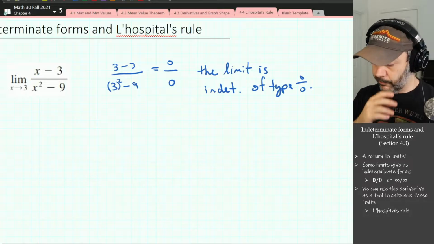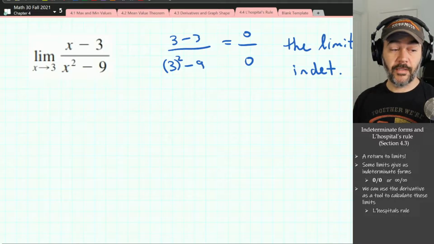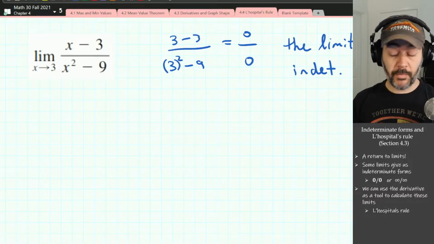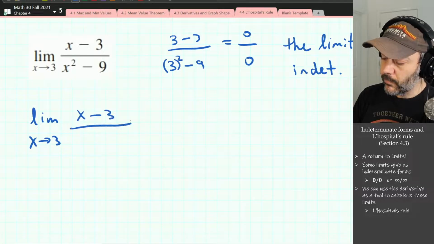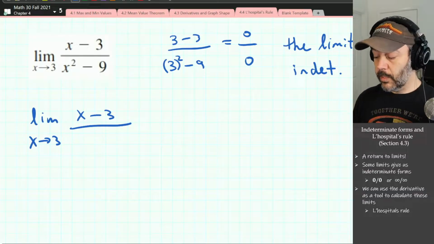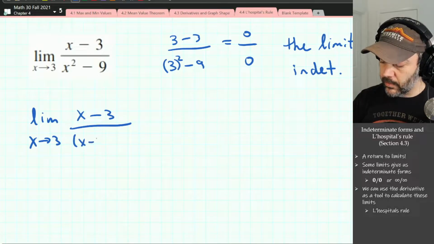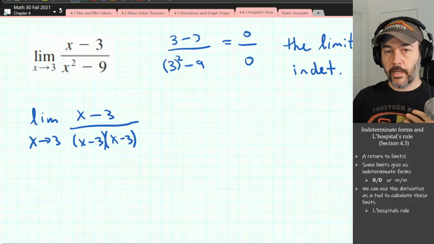But because this is a rational function and the denominator is factorable, we actually can use more basic methods, and that would be to factor and cancel. So let's do this one the old way. You remember that if you get an indeterminate form when you try direct substitution, then you can factor. Actually, let me finish what I was going to say. If you get an indeterminate form,